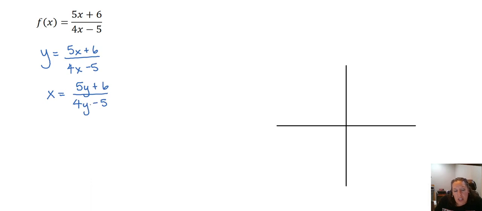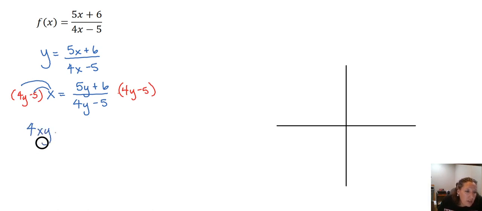We've got two y's here. One's in the numerator, one's in the denominator. So we need to get them both in the numerator. To do that, let's multiply both sides by that denominator. When we do that on the left, we can distribute our x and we get 4xy minus 5x. On the right hand side, that denominator completely cancels out and we're only left with the numerator